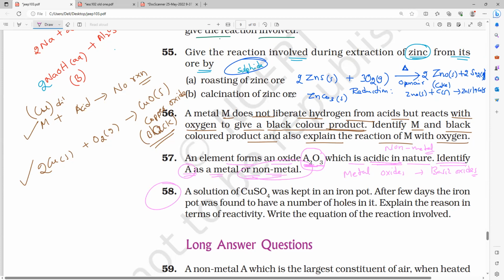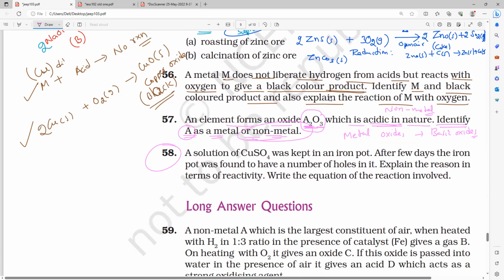A solution of copper sulfate was kept in an iron pot. So by this time you can say this is what reaction? I can say it, displacement reaction, because copper sulfate and iron. After a few days, the iron pot was found to have a number of holes in it. Explain the reason in terms of reactivity. Write the equation of the reaction. What is that reaction actually? It is the displacement reaction. So as we all know, iron is more reactive than copper. So what will happen, guys? Fe